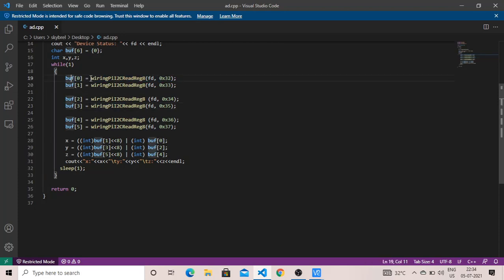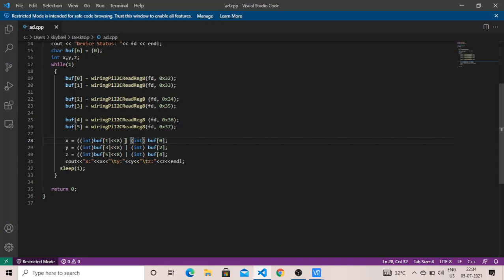After this assignment of the value from the right hand side to the left hand side, the first value of register 0x32 is assigned into the character array index number 0. The second value is stored at index number 1, then 2, 3, and so on up to 5. And last I have applied a binary operation, okay.